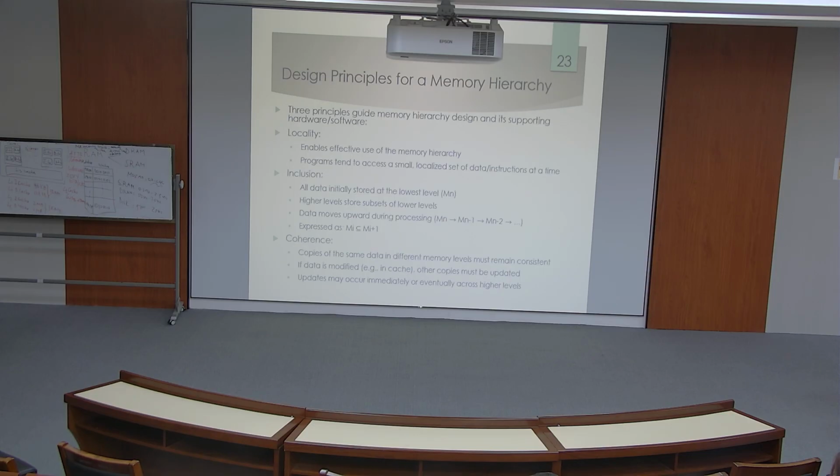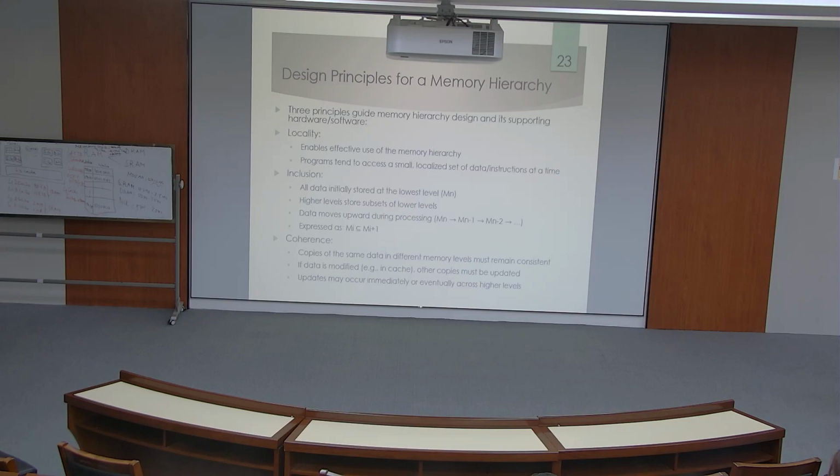Second is inclusion: the initial data is stored at the lowest level, MN, and higher-level memory stores a subset of the lower level. So data needs to be moved upward during processing, from level MN up to MN-1, MN-2, and so on,